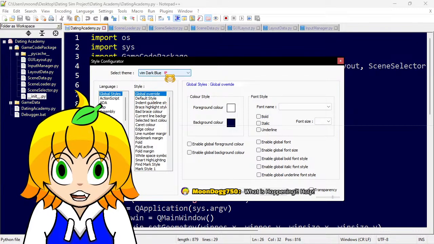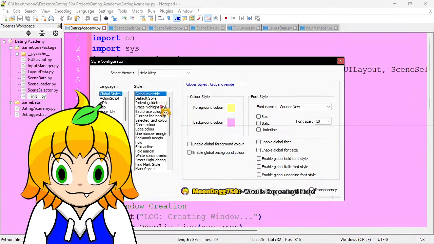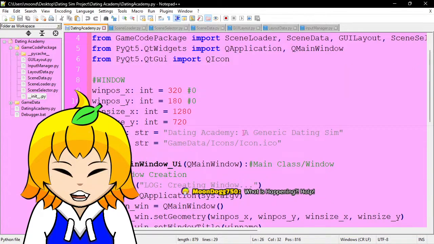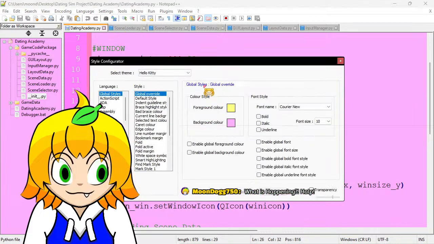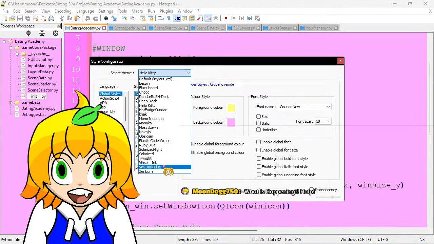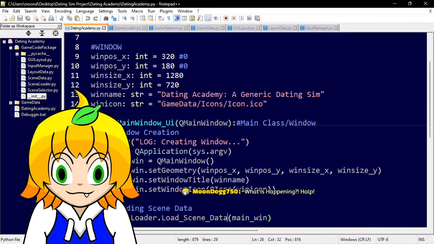That one's probably too bright anyway. But I do have the Hello Kitty setting. Illegible. We can't read this. It's very hard, so I might just go back. Vim dark blue. Stick with that one. Okay.